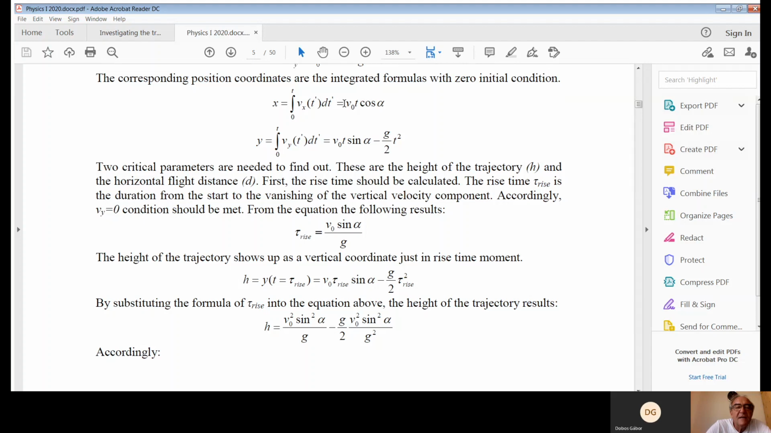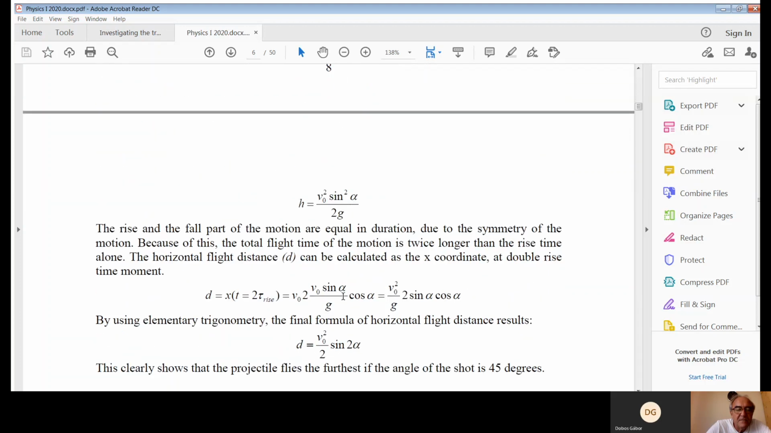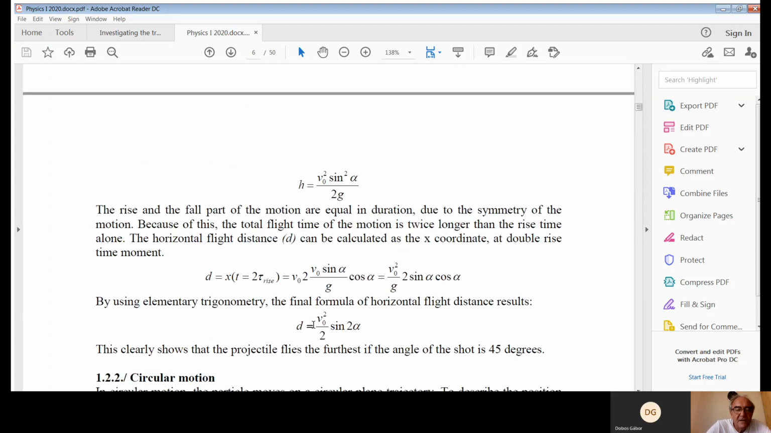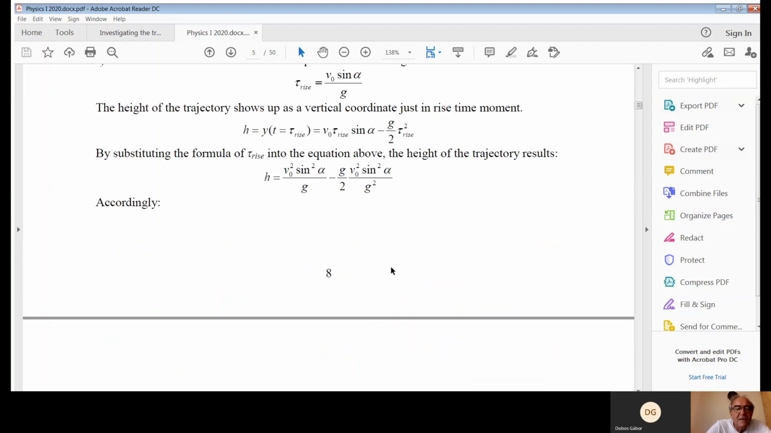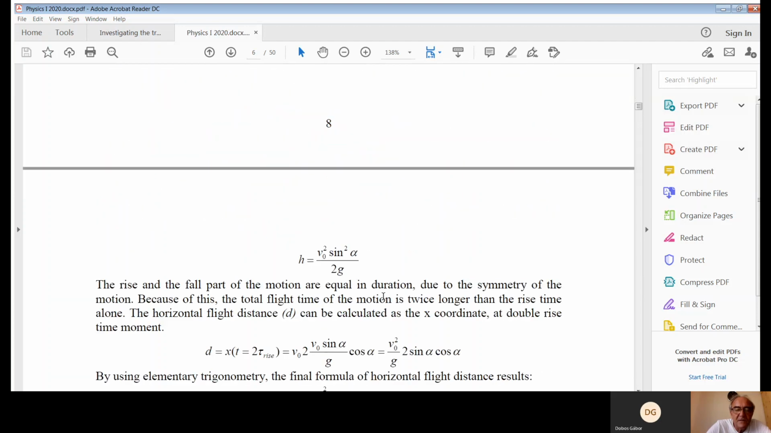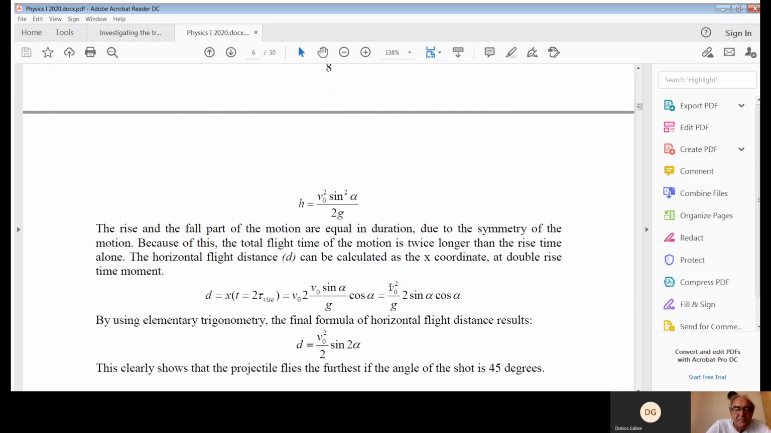this one, and in here we have to write 2 times the rise time, v naught t rise time. This is the rise time. This one is the rise time, v naught sine alpha over g, and it's 2 times of that. And also in here, in the second part, this one g over 2 times, and this one is on the square. And ultimately, we have